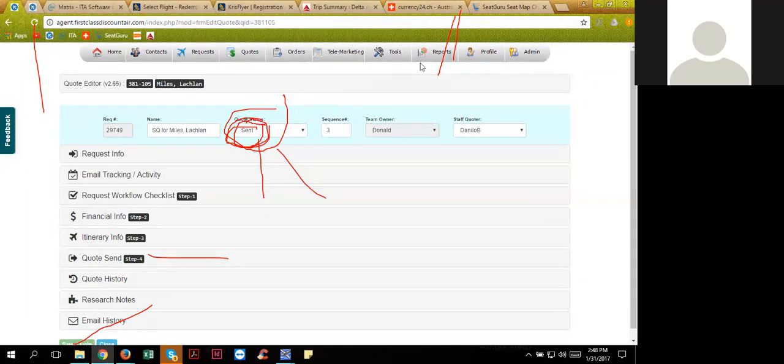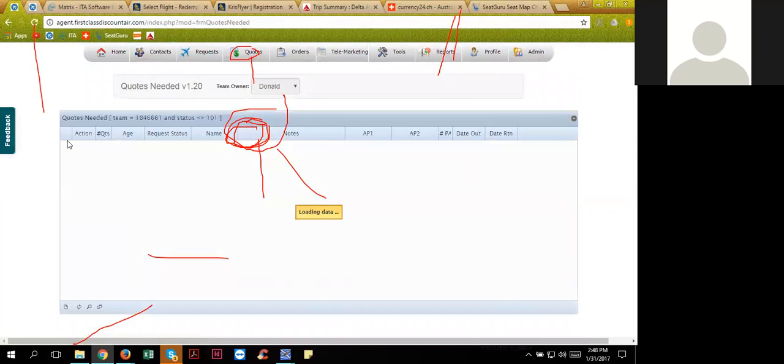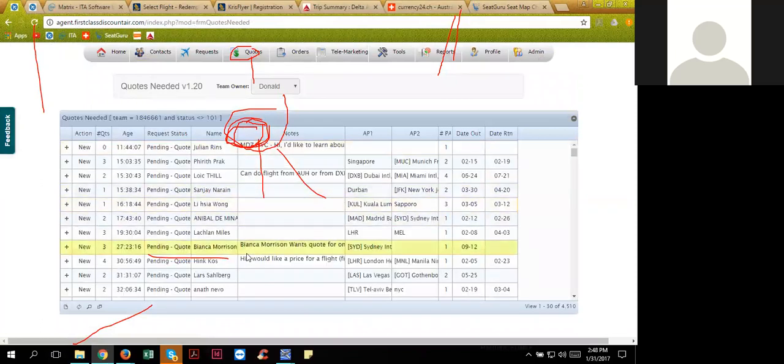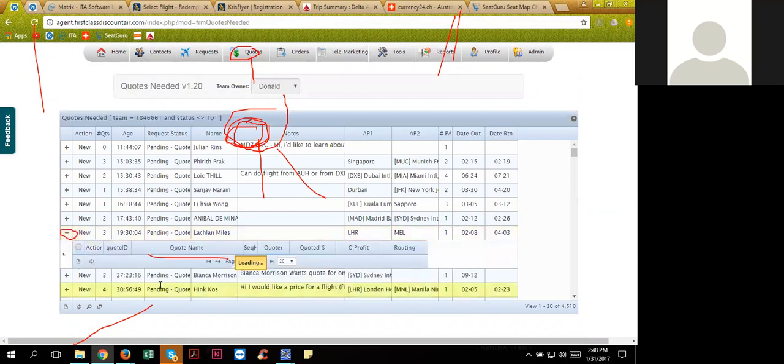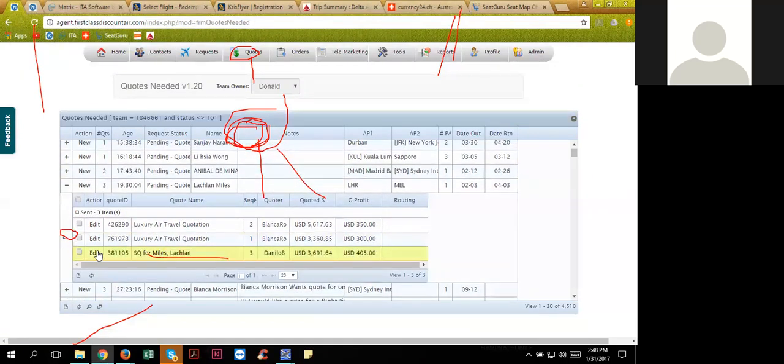Oh, by the way, after this, you just go back to quotes needed again, because this one's done. Go back to quotes needed again, and then go back to the workflow, or you could have done it right from where you were, but let's go back to the workflow on this one and hit not new, because you're not going to start a new quote. You're going to hit the plus symbol, and you're going to go to the one that you just sent, slide down the page, and you're going to hit edit,